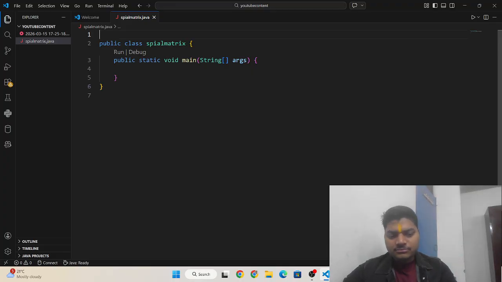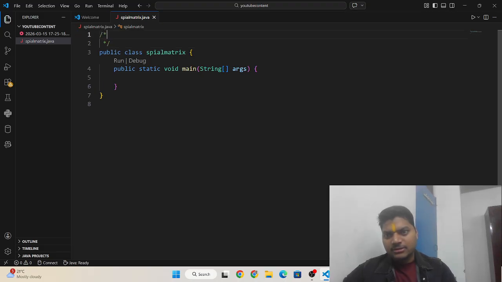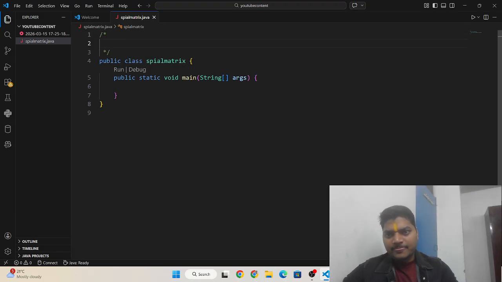So if we are going to write the problem, I need to write a comment here. A comment is a part of code which is not going to print.